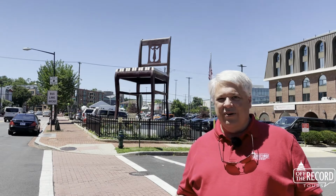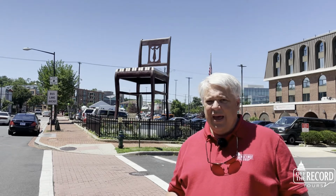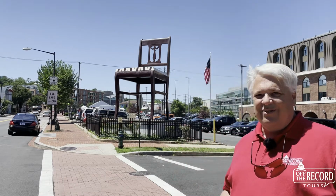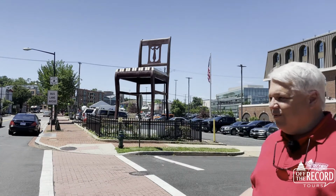Regrettably, weather and time took a toll on the chair despite its fastidious upkeeping by one individual, and it was replaced in 2006 with one made out of aluminum. But it's the same size, it's the same color, same place, and it still serves as a central focal point